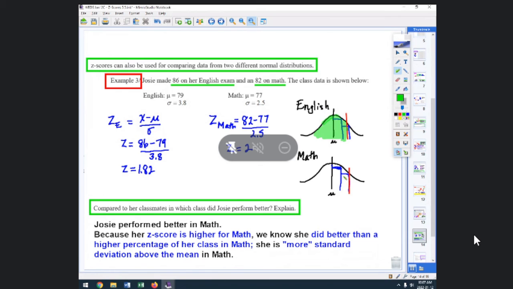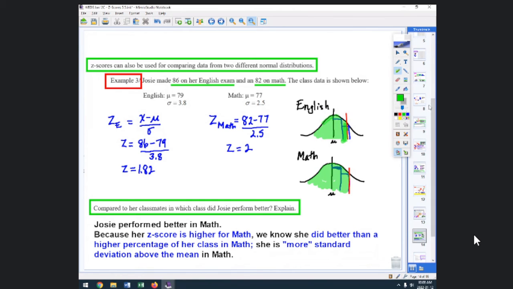In the second one, her Z-score is higher, so she actually did better than a few more people in relation to her class because her Z-score is higher. This is what it means visually. Okay? Because the percentage for 1.82,